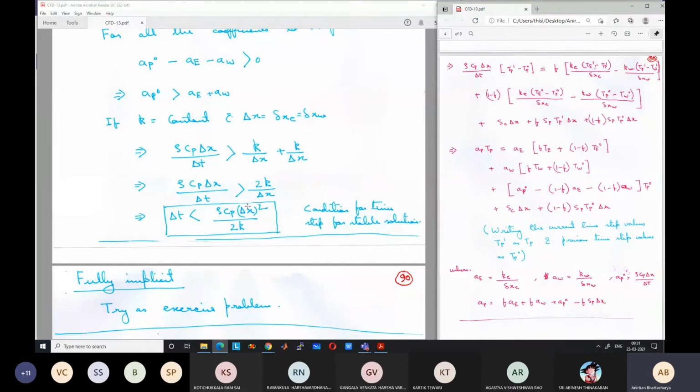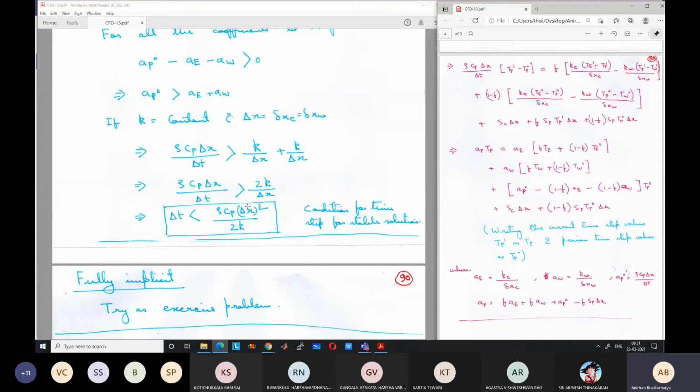And if you want to calculate the heat transfer correctly and take delta x very small, your delta t will decrease proportionally to the square of delta x. So it will become so small that the simulation time will become very large. So in those cases, it is better to have implicit method. In other cases where you don't need to take very small delta x, explicit method will be better because it is quicker to solve a single time step using explicit method.